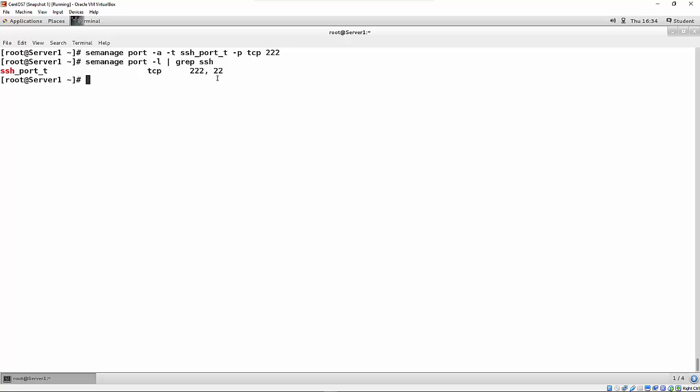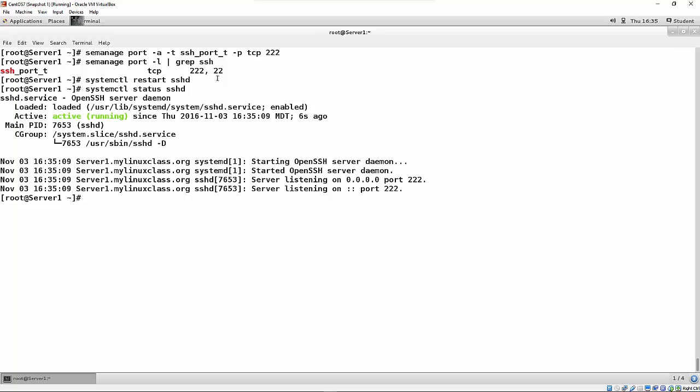Great. Let's go see how that worked out for us. We'll do a systemctl, and we'll tell it to restart sshd. And then we'll ask it for a status. And sure enough, now everything's good. So what has happened is that the SELinux policy has been changed and now is allowing us to run the SSH daemon on port 222, and we should